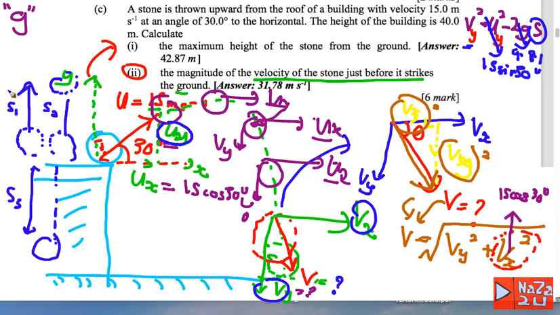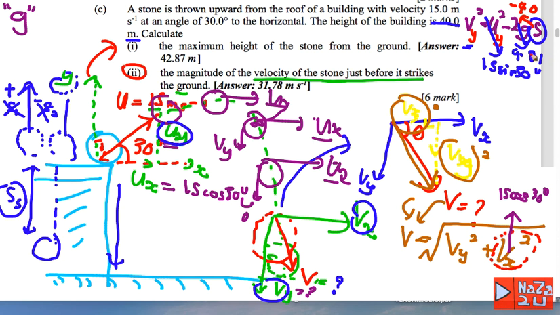Because S1 is upward positive and S2 is negative downward, they cancel to 0. The only s you have here is the height of the building given by the question, 40 meters, right? But the direction of the moving object is downward, so you must use negative